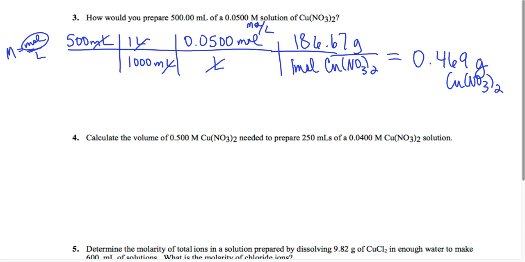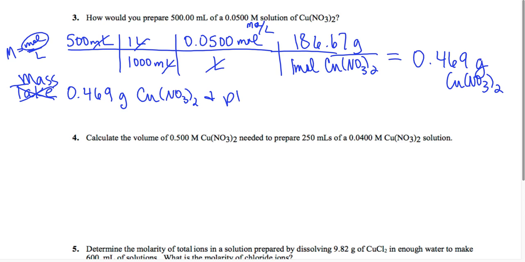How do you feel about that, okay? So the next step would be to explain. This is all you did in pre-AP. That's as far as you went, right? Now you have to go and say, all right, I'm now going to take 0.469 grams of copper 2 nitrate, or weigh, I can say mass. I really don't care exactly what you say, and place